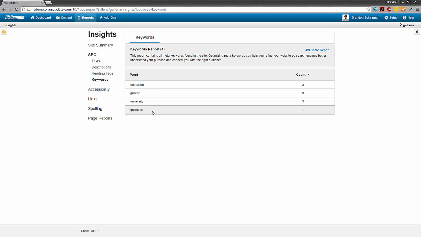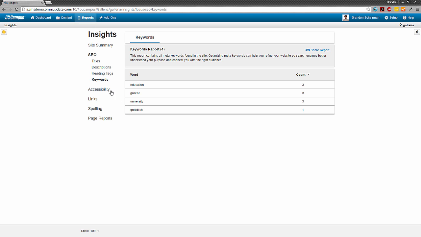You don't want to name one writing and name one English if they're actually meant to correspond to the same thing. So this report just allows you to see that information more quickly at a glance, and then you can go ahead and make sure that that information has been adjusted later on.